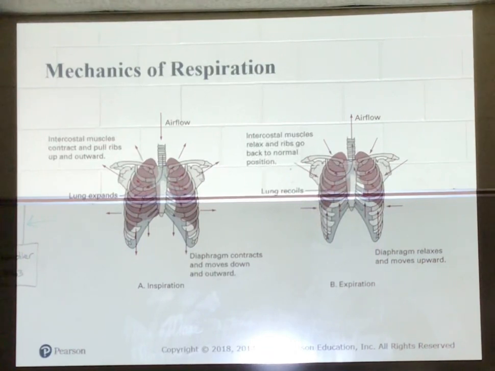The diaphragm contributes to about 60 to 70% of the effort to breathe, whereas the intercostal muscles contribute the remaining 30 to 40%. A significant injury that prevents,